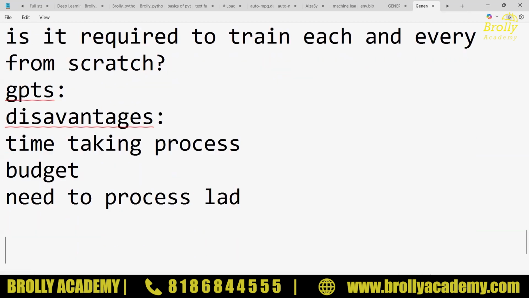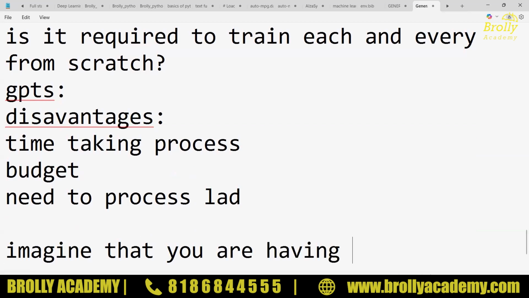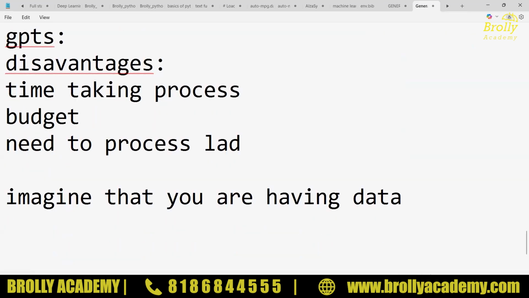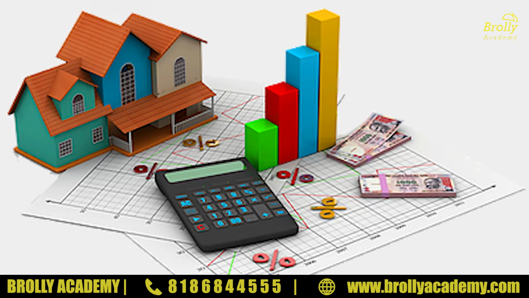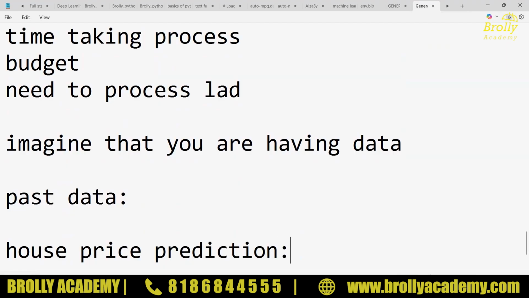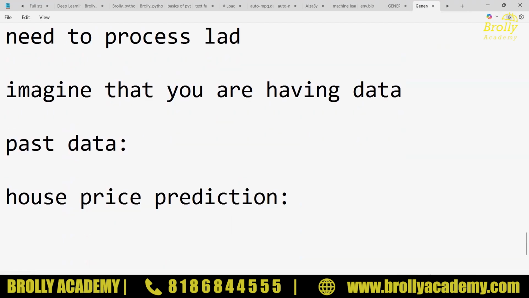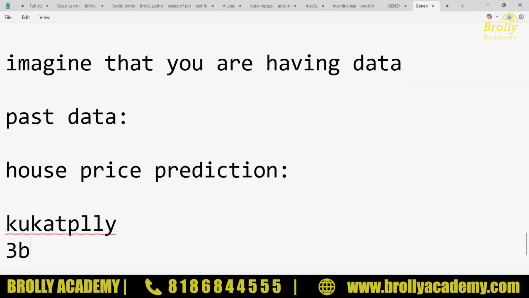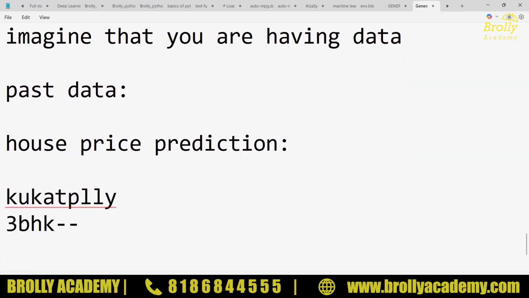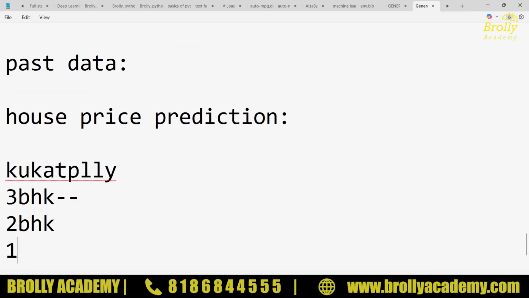Okay, so let's move. Imagine that you have data related to some past data. I have data related to house price prediction. How exactly will it work? So I have data like Kukatpally. In Kukatpally, we have 3 BHK, 2 BHK, and 1 BHK.